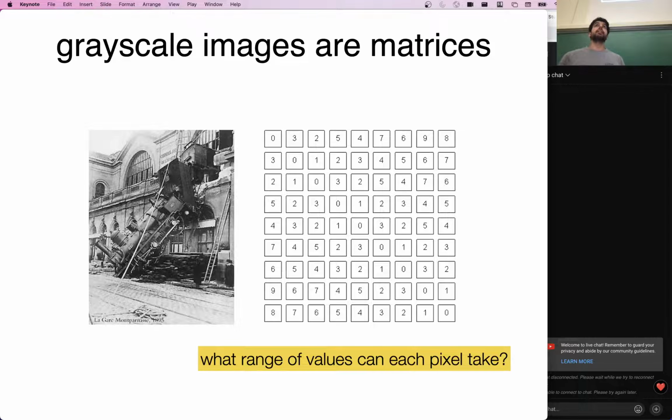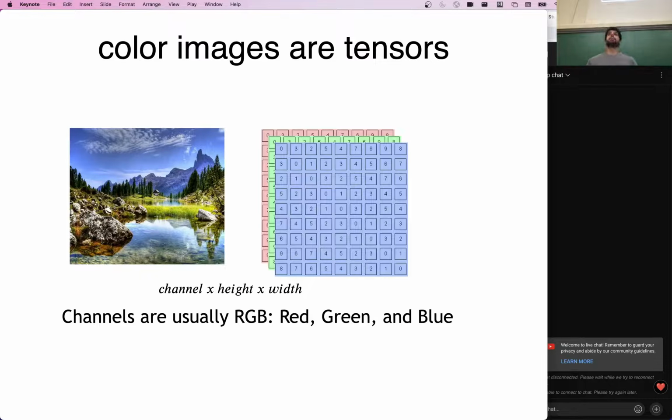So that's a grayscale image. A color image is generally stored as a tensor, so we have basically three different matrices here, and these are for different colors, like RGB. There are many different color representations that you could use, but here each of these matrices can take a value from 0 to 255 in this RGB encoding.